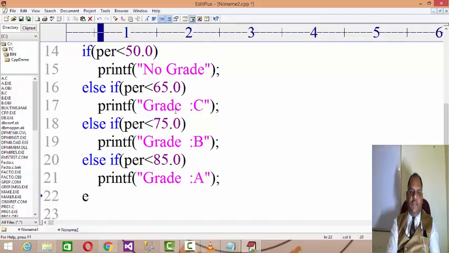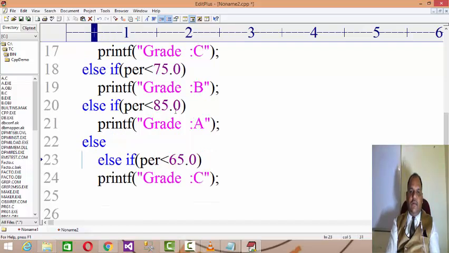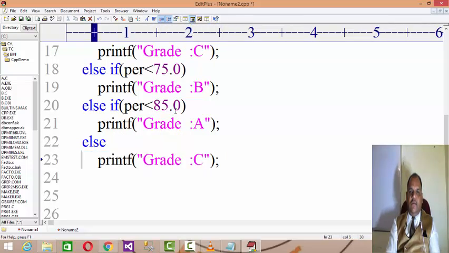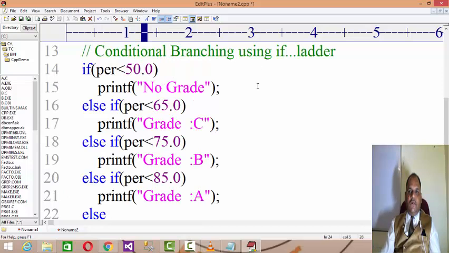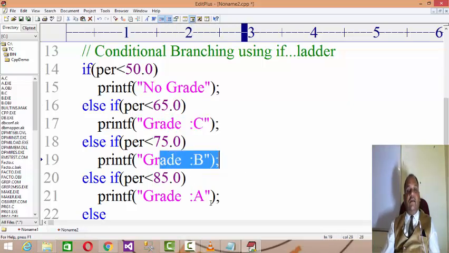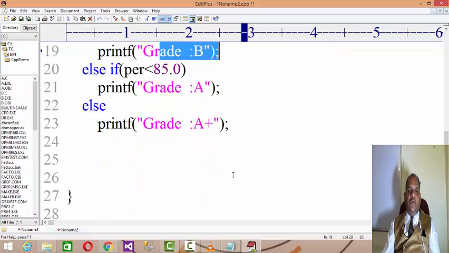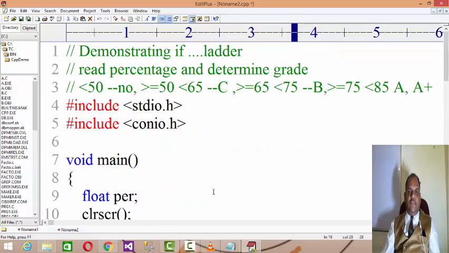And if it does not match any of these, then only one thing remains, that is the else block, and there you write its grade will be A plus, right? And this is the way, and that's it. You can easily do it from top to bottom. But if you want to test it from bottom to top, then your top condition will be percentage more than or equal to 85, then A plus, then A, then B, then C, and then no grade, right? This is how we can proceed. You test this code, and you will understand how we can write the process logic of each slab as well.